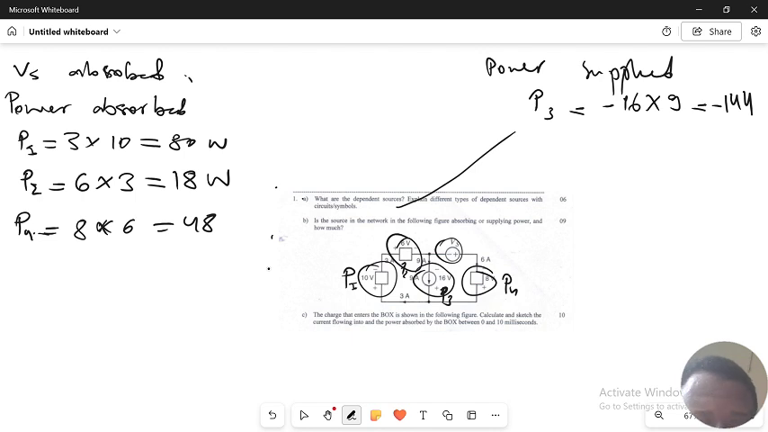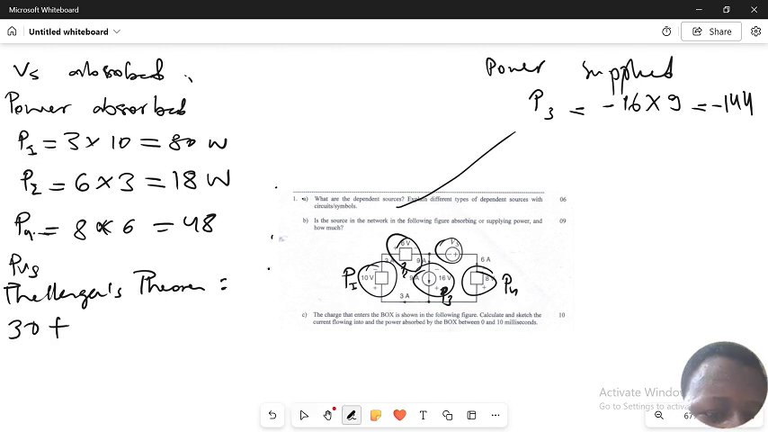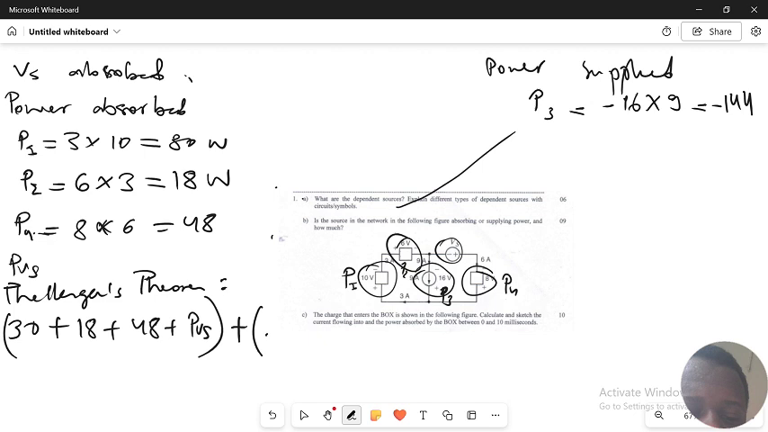Now for Vs, we say it is absorbing because the current is entering. I will have PVS. Now, by using Tellegen's theorem, the summation of the power supply, that is, 30 plus 18 plus 48 plus PVS, plus the summation of the power supplied, minus 144,